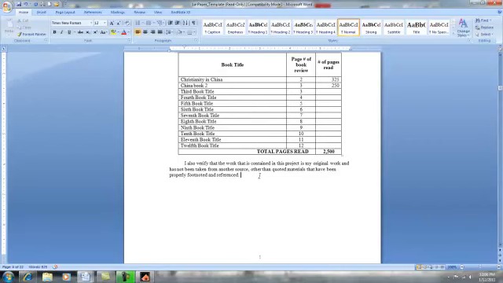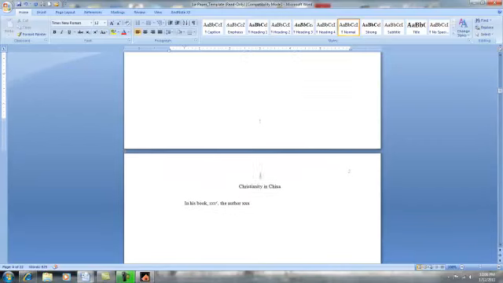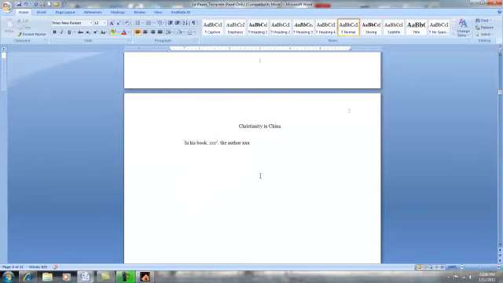And we'll talk about footnoting also in a separate session, because it takes a while to talk through how to footnote properly and use EndNote. So here's your first book report, and you're going to start it off. In his book, Christianity in China, let's just do this,